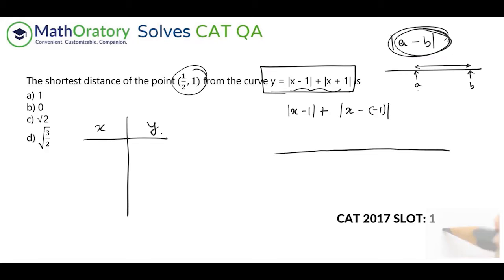I'll just point those critical points here, this 1 and this minus 1, on the number line. So I'm just going to point out these values on the number line. Now, because these are constant values, I can figure out which is on the left side and which is on the right side. Now, I'll start with the values of x on certain different regions. So my analysis is based on these three regions specifically, because that is what the 2 points on the number line are dividing the number line into, that many regions, right? So effectively, we are going to analyze these three regions.